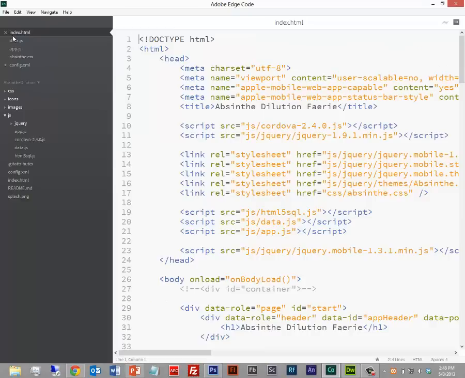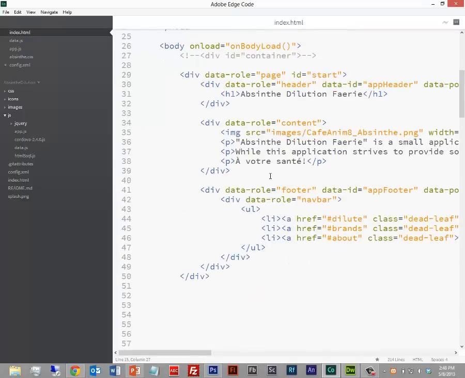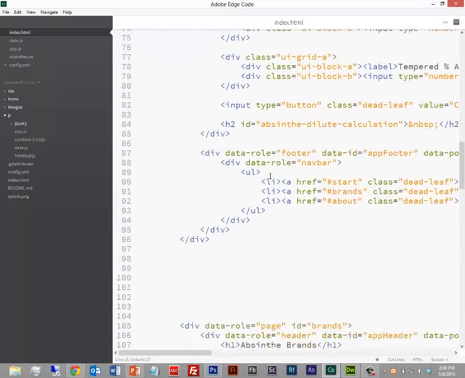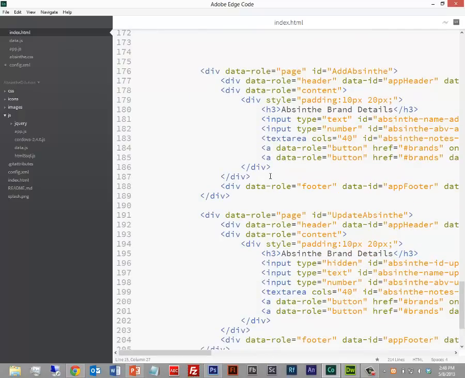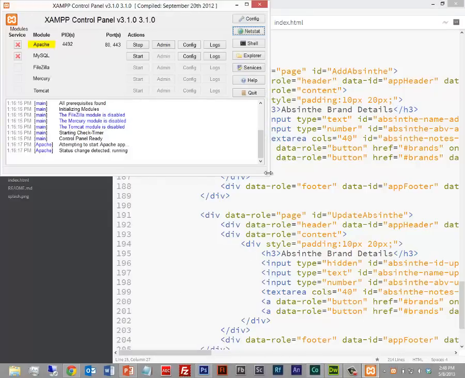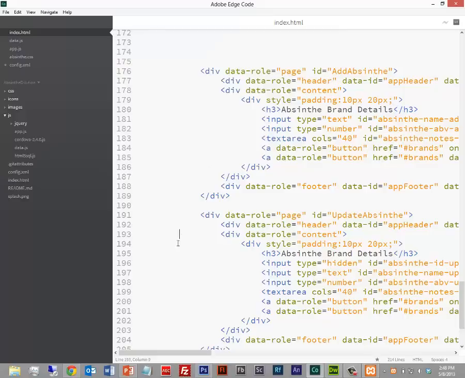All of the actual views, since this is jQuery Mobile, are handled within the normal jQuery Mobile page structure inside of my HTML. So what I do to test this is, you can see I have XAMPP running on here. So I'm using Apache, and that's basically all I'm using from XAMPP in this case.